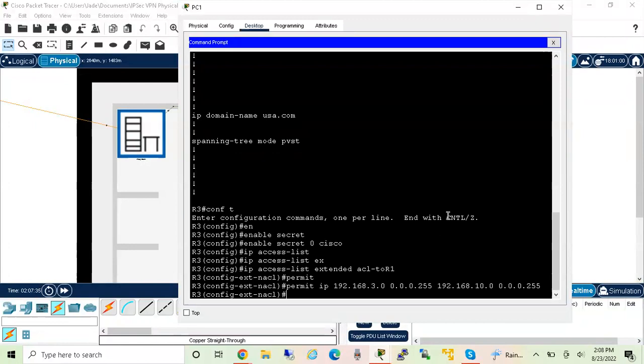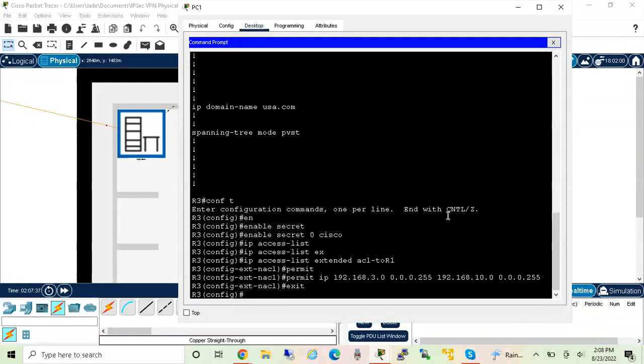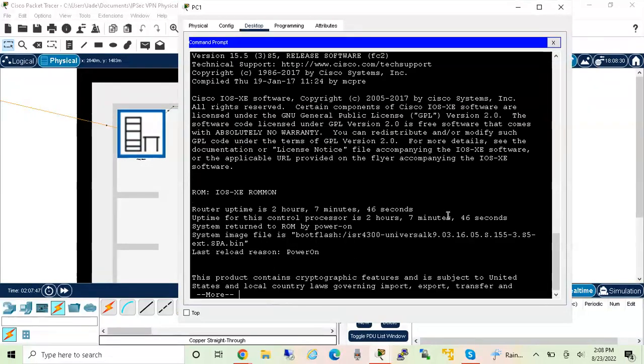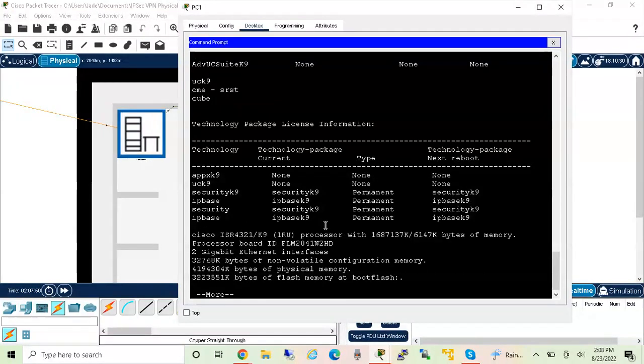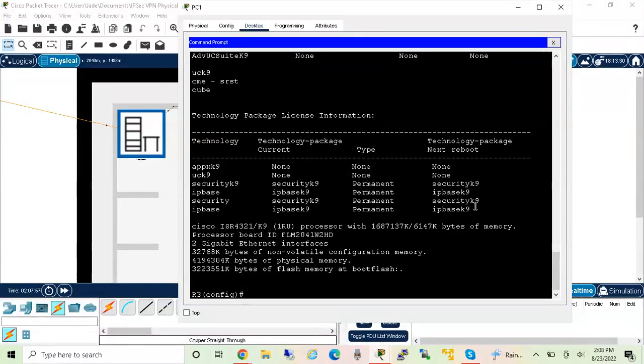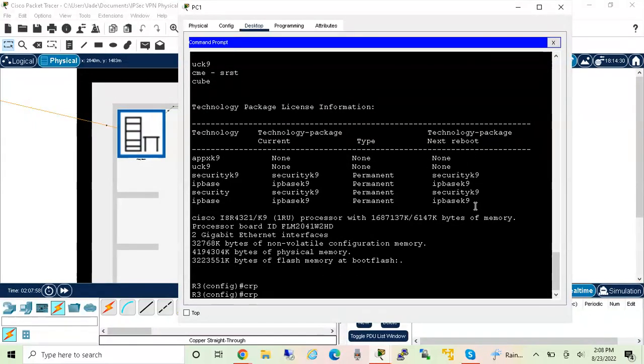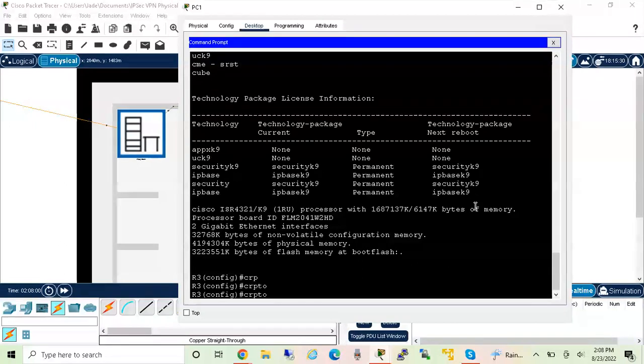All right, so now exit. And what do we need to do? We can verify with do show version that we have the security K9 on this router as well. And it looks like we do. Security K9 is a technology package, effective next reboot. It's there. So if we say crypto,